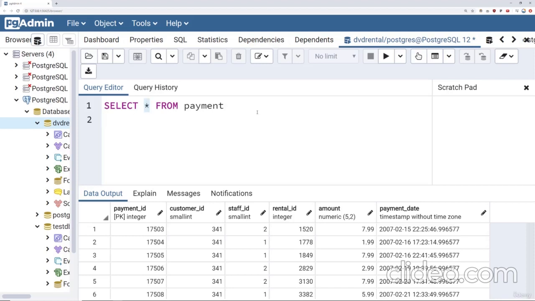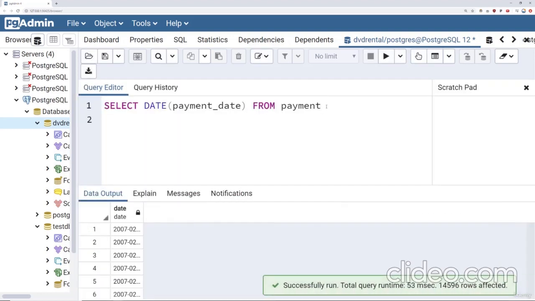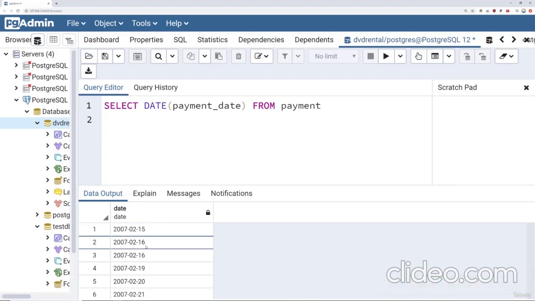So what I'm going to show you is that function first. We can say select date from payment date, and we will learn a lot more about dealing with timestamps later on. But if we just run this, we can expand this column, and notice here, it's essentially just filtered out the actual date. It's removed that timestamp information, which makes sense because we don't want to group by every single transaction per minute. What we probably want to do is just group by day. So I'm going to say select the date on the actual payment date timestamp, which is essentially just the day from payment, and then let's go ahead and group by